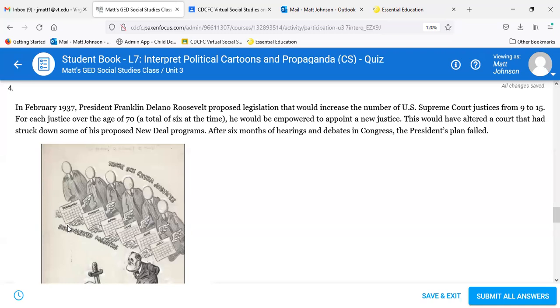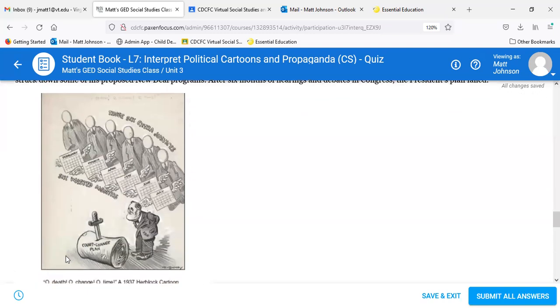But he runs afoul of the Supreme Court several times where they sort of knocked things down. Now, he did get a lot of legislation passed. He got a lot of executive orders through, and there were a lot of New Deal programs that were successful. But there were other things that he wanted to do that the Supreme Court said, no, you can't do that. So he spent a lot of time trying to expand the court. And that is the idea here